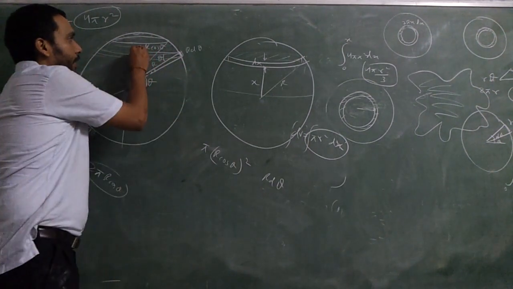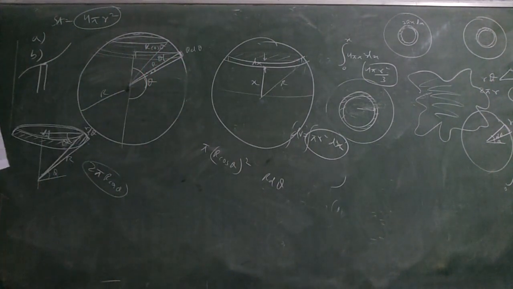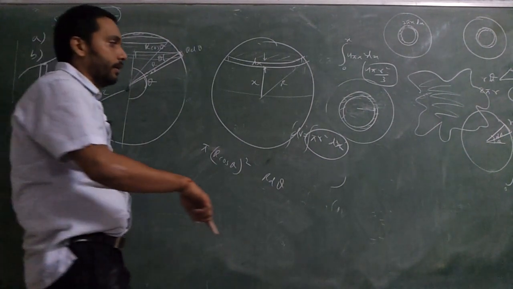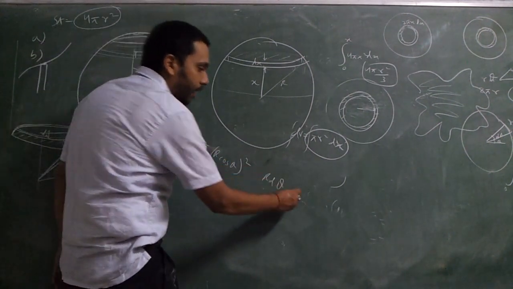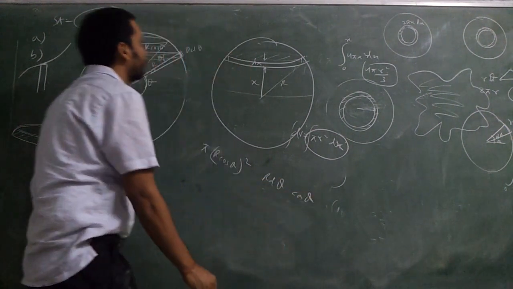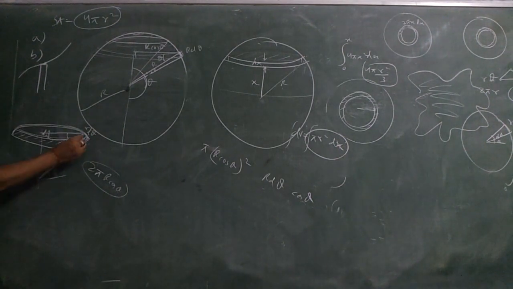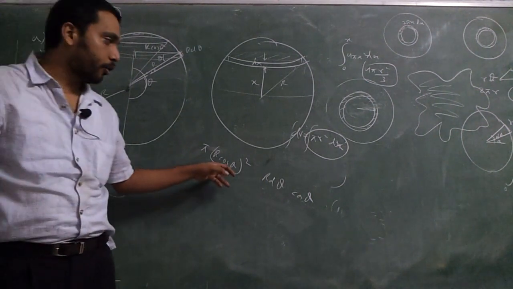Vertical length into the base area is the volume. Get the point? When we were doing the previous question, we had to find the slant length. Here we need the vertical length. So what is the vertical length? It will be r d theta cos theta or not? Using the same thing that was coming sec theta. The vertical one. This angle is theta. Okay. So you get a r cube cos cube theta.